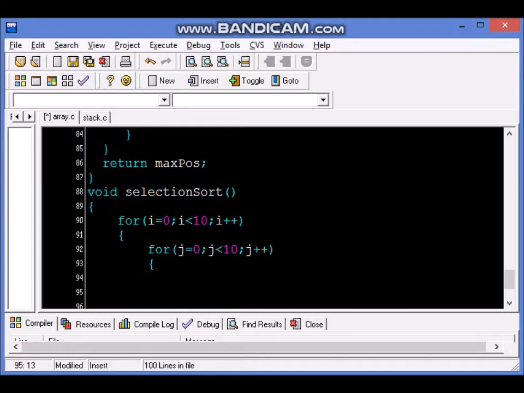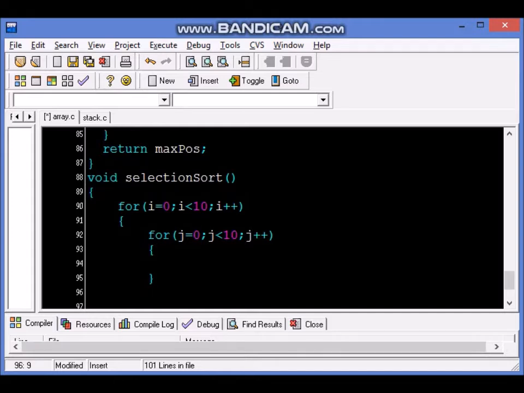The inner loop will search for the minimum position, and it will start assuming we are at a particular position, and from the next position of that we will continue. Normally if i is 0, then we will start from 1.